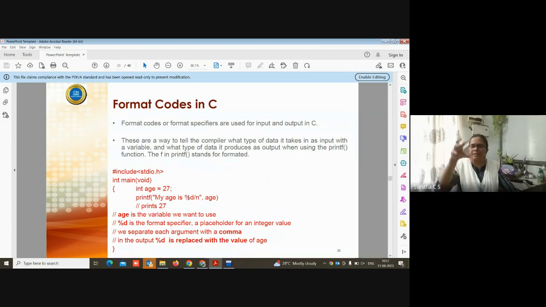In printf, the compiler understands that some formatting is required. If it finds %d, it understands that some integer should come. If I put some float instead of that, it will immediately give you an error. So in order to give that understanding to the compiler, we are using printf and these formatting codes. These formatting codes will be used for input also. We will see one input statement.